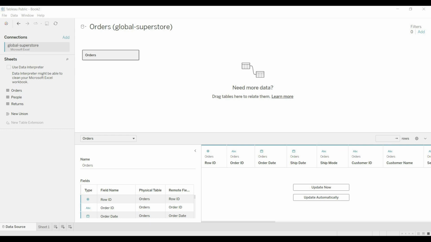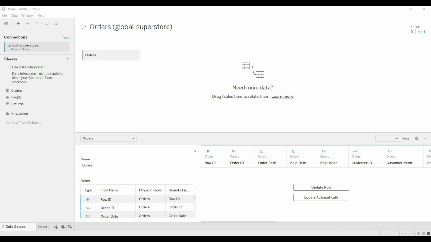In this video, we will be covering some of the basic foundations while creating a Tableau dashboard. You can see I have opened Tableau Desktop public version. You can also use the public version, which is free of use, in which I have used one of the commonly available data sources in Tableau, that is Global Superstore, and I have used the Orders data source.